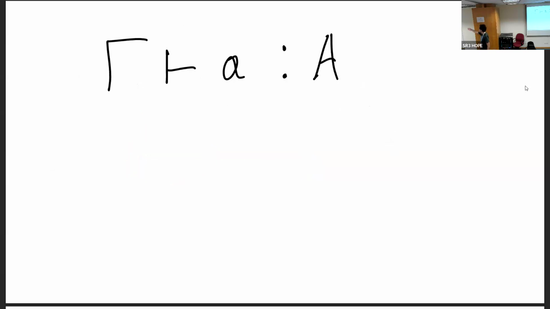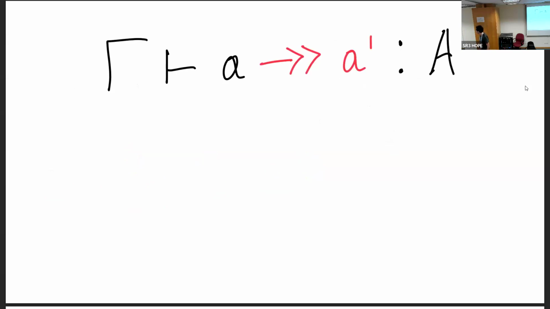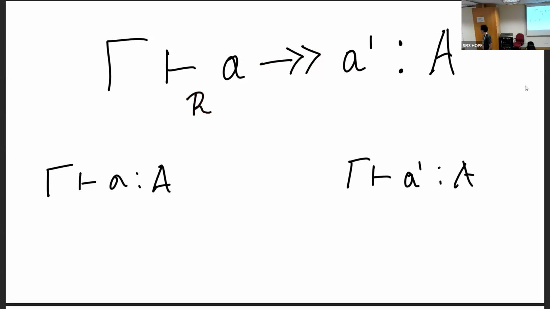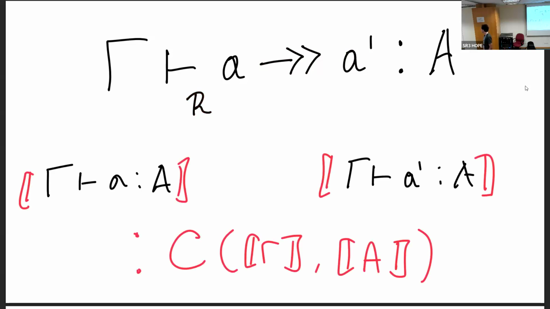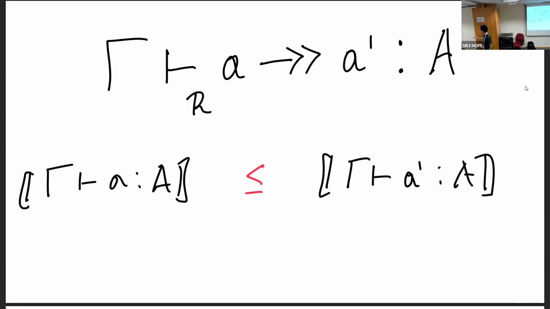So in particular, we're going to have expressions of type A. Contexts are going to be a bunch of variables that have types. This is pretty standard, I hope. And similarly, we're going to have a refinement relation on it. Just like before, we're going to parameterize our refinement relation by a theory R. And just like before, we're going to give things a denotational semantics, poset enriched, so notice that's going to be a morphism from the denotation of gamma to the denotation of A, where the denotation of gamma is just going to be the tensor product of the denotations of all its variables, right? We're going to poset enrich that.